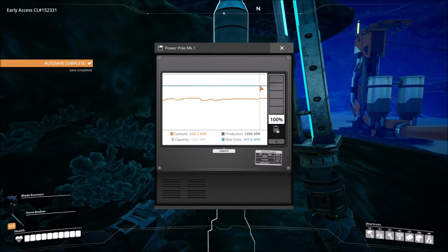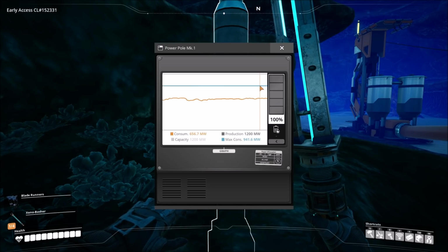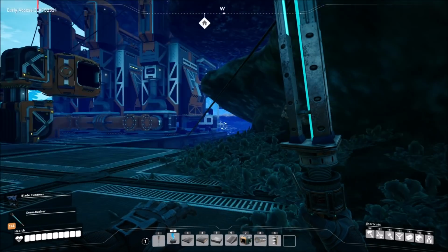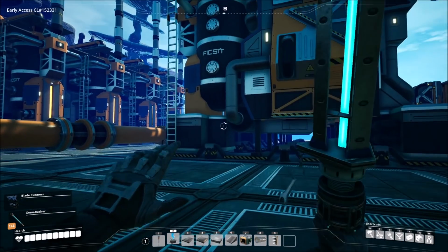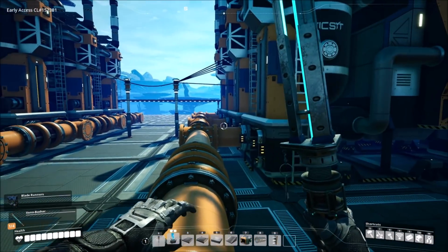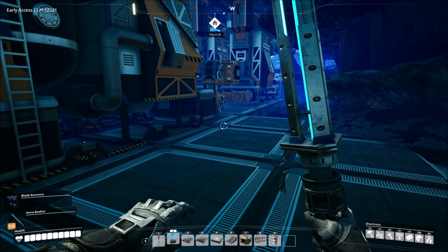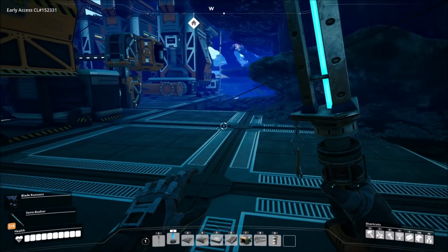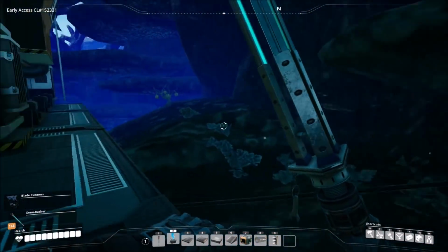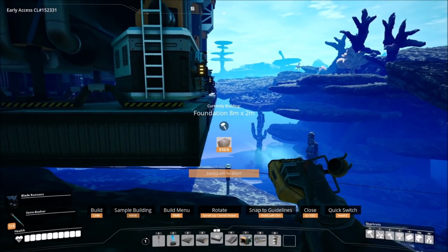And then over here, we're going to be 70 megawatts over. But don't forget we have batteries, so we should be okay. We should be okay. And we are going to also backstuff the plastic and rubber pretty quickly, because we're not actually storing it anywhere just yet. This is all kind of step one of the process for me. Now what I might want to do...